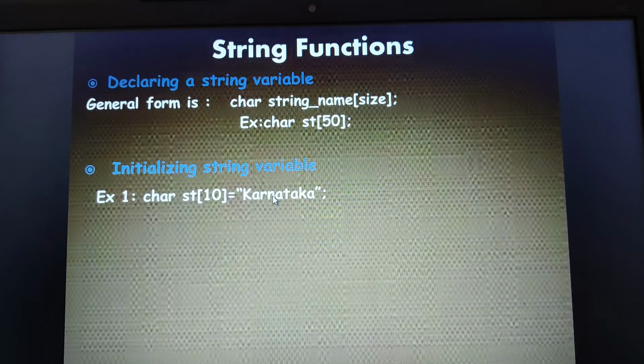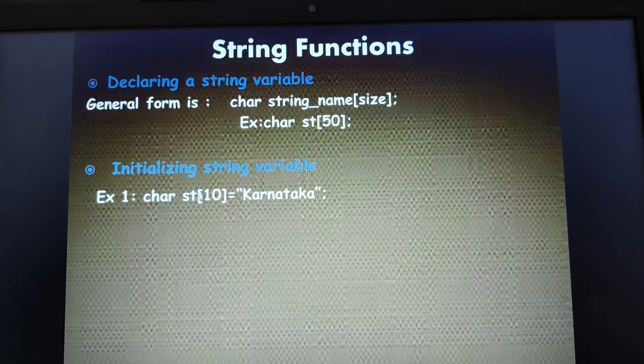How many characters do we have? 1, 2, 3, 4, 5, 6, 7, 8, 9. The size of this string will be 9, but the compiler will automatically append the null character at the end of this string. So the total size of this string would become 10 bytes. I hope you are able to understand.